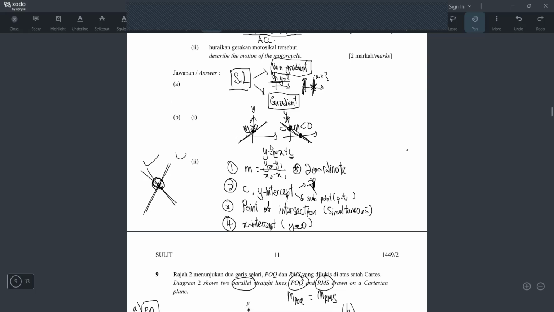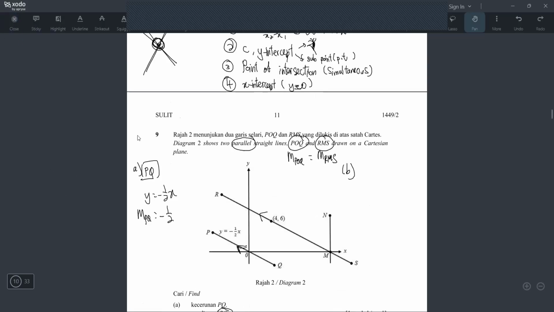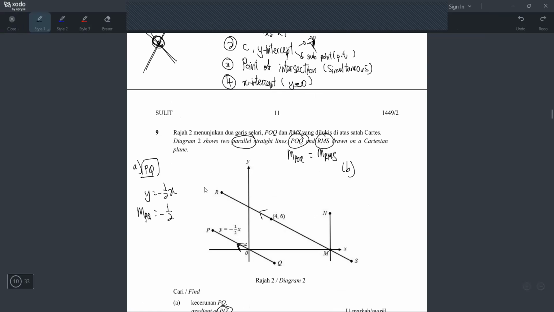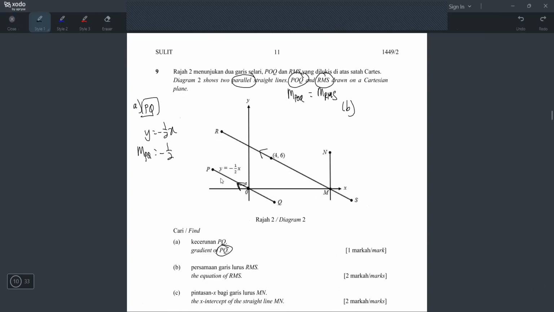Equation is y equals mx plus c, and this m stands for gradient, and they already give y equals -1 over 2x. Okay, tak ada plus c dekat belakang because the c is 0. The c is 0 because you use your mata tengok the y-intercept is 0 and plus 0 tak ada orang tulis. That is why dia tak tulis y equals mx plus c. Dia tulis y equals mx saja sebab c dia kosong. Okay, so m dia ambil je lah -1 over 2. And by the way, if your m is -1 over 2 here, what is the m for the other line? It would be -1 over 2 also, because I already write down here POQ gradient, which is -1 over 2.